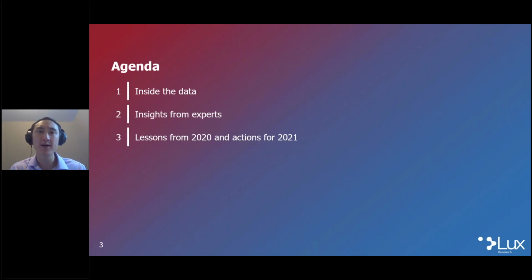And then finally, we'll wrap up with just briefly thinking about how we can be more systematic about reviewing trends, incorporating it into our planning, and ultimately, hopefully, get better outcomes in the future for our innovation initiatives. So, as I said up front, we're going to go inside the data, do a little bit of motivation.